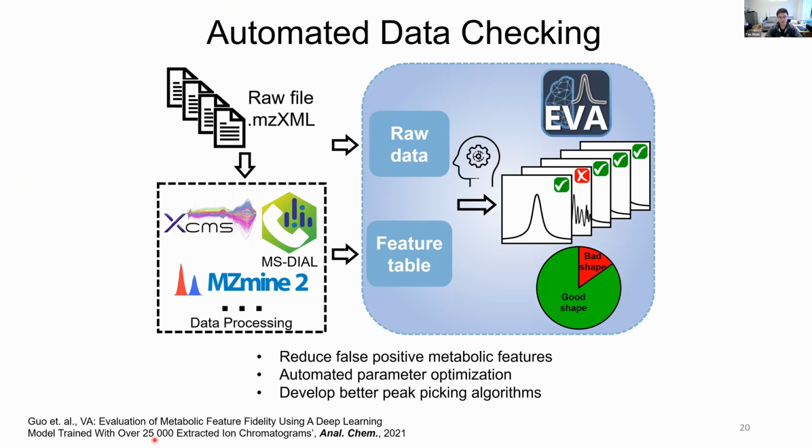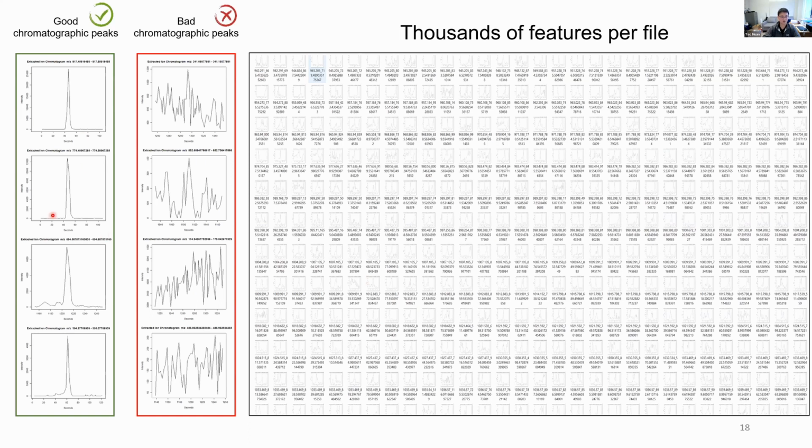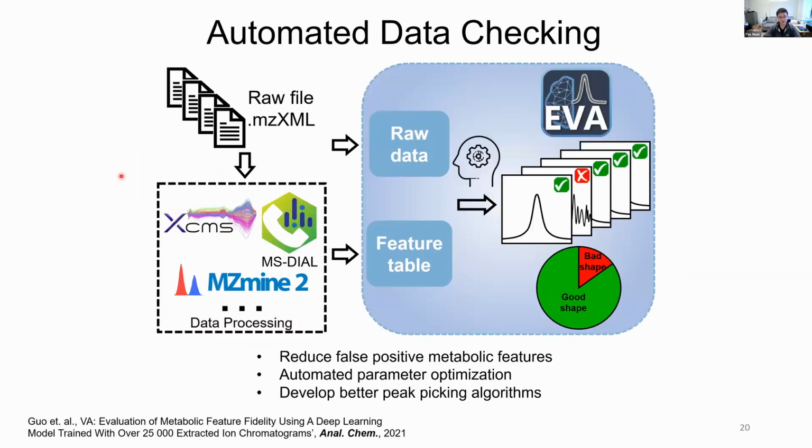This was done during the COVID time, when students had nowhere to go in the summer vacation. So I asked them to check a few thousand per student. Eventually we got 25,000 manually checked data. And as we said, it's not hard to tell if it's good or bad. So these 25,000 allowed us to get a really high quality model to predict the quality of the extracted features